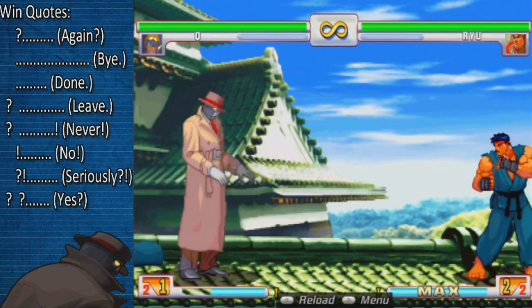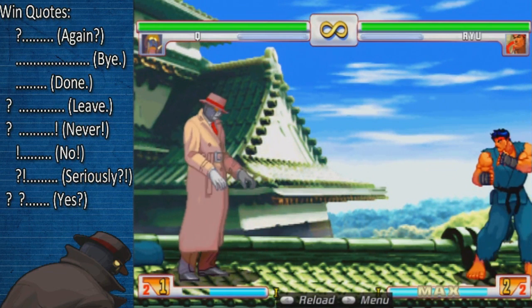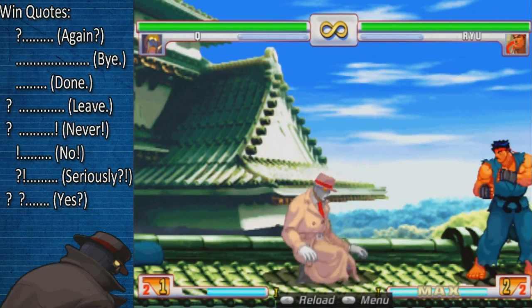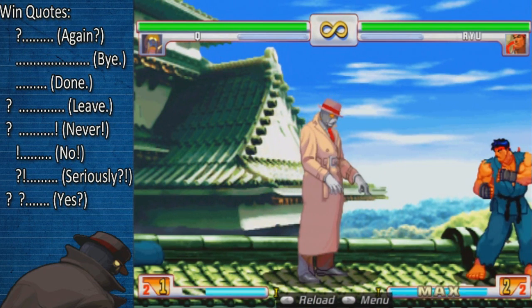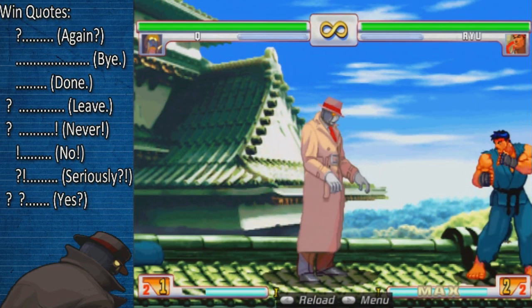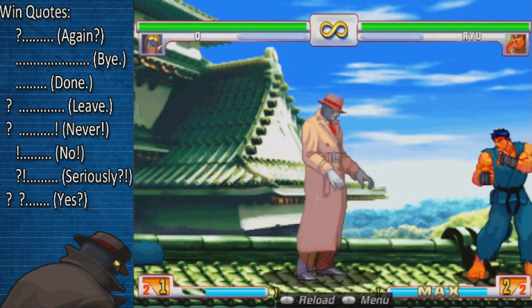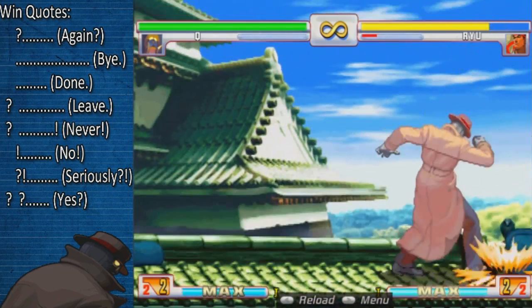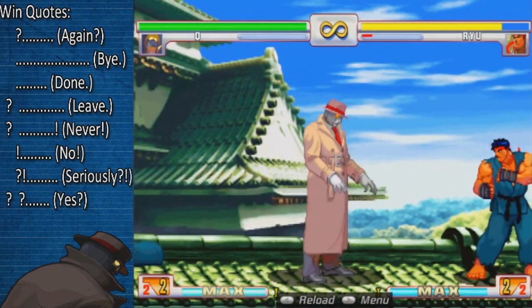So Q, even though he doesn't have many options of offense and opening people up, is given many chances as far as messing up, I guess you could say. You can do more risky things with Q, like going straight for your command grab, because if you do mess up,